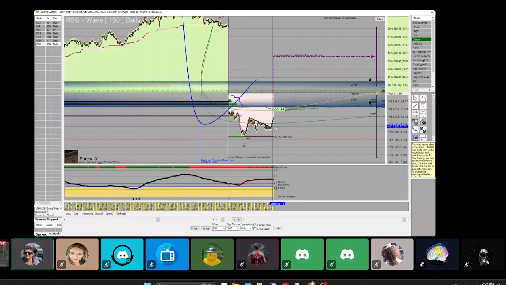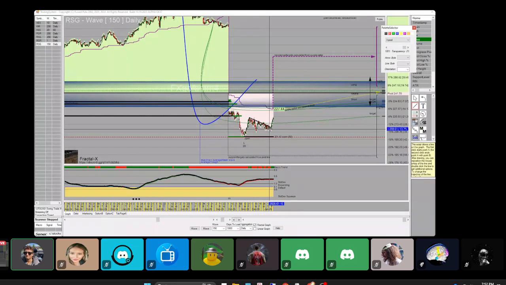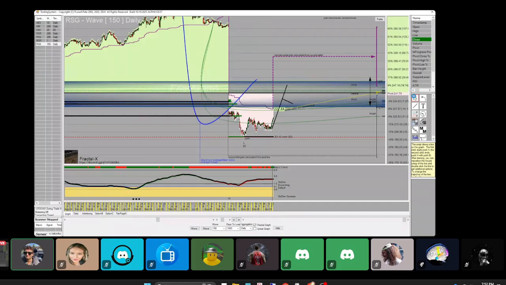Okay. Yeah, see how that's compression there? And then the compression stops. See those green candles? It found support. And now we're expanding higher. So that's what a great compression expansion cycle looks like right there. And that's my strategy. That's what I look for in trading, especially swing trading. You can see this in intraday stuff too. Dang, one second, this cursor's not working.